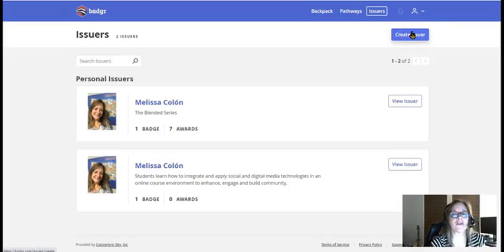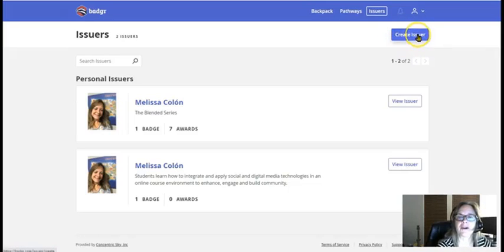Maybe if I was a part of the OEI CVC, I wouldn't use my personal information as an issuer, but I would actually set up an issuer as an organization, which has a lot of power behind it too, because then it's a stamp of approval from the OEI CVC. So just to review, you would be creating your badge for your class and activity by being an issuer